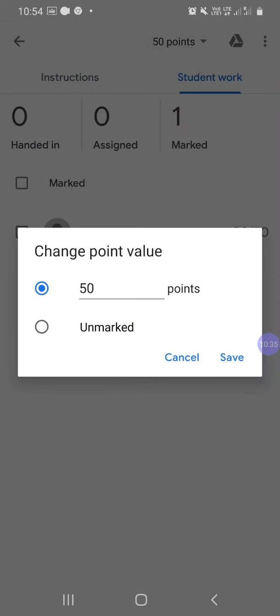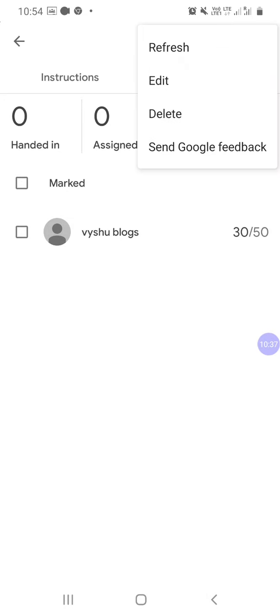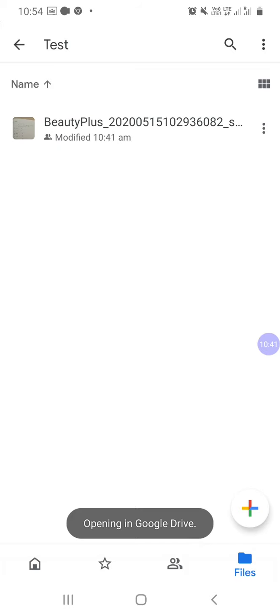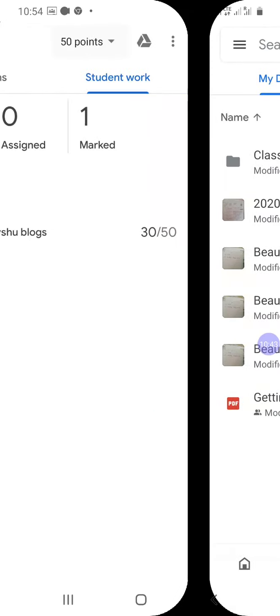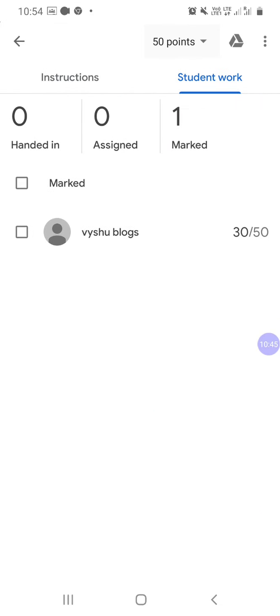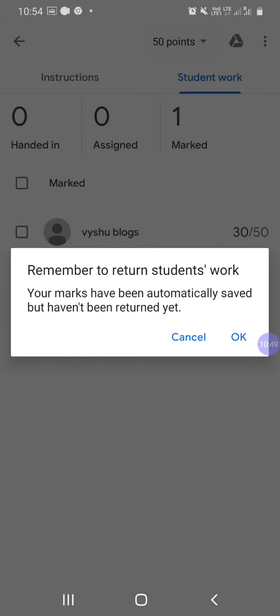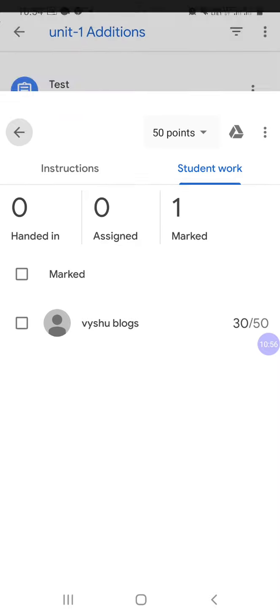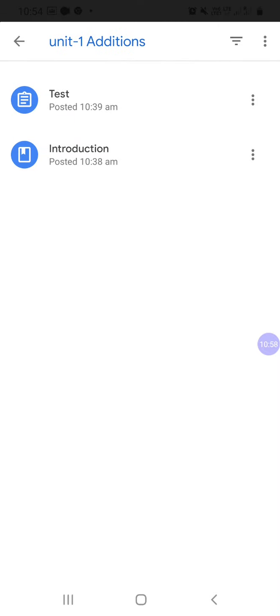We can convert it into an Excel sheet also. So this is how, as a teacher, we will create a class, and how we will assign the work to the students, how we analyze the marks, how we mark, how we will export all the marks through the Excel sheets. This is the procedure.